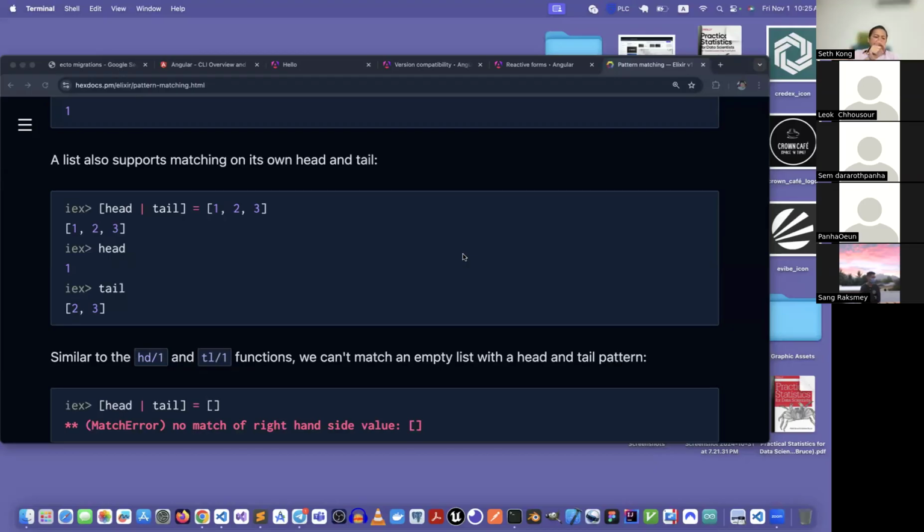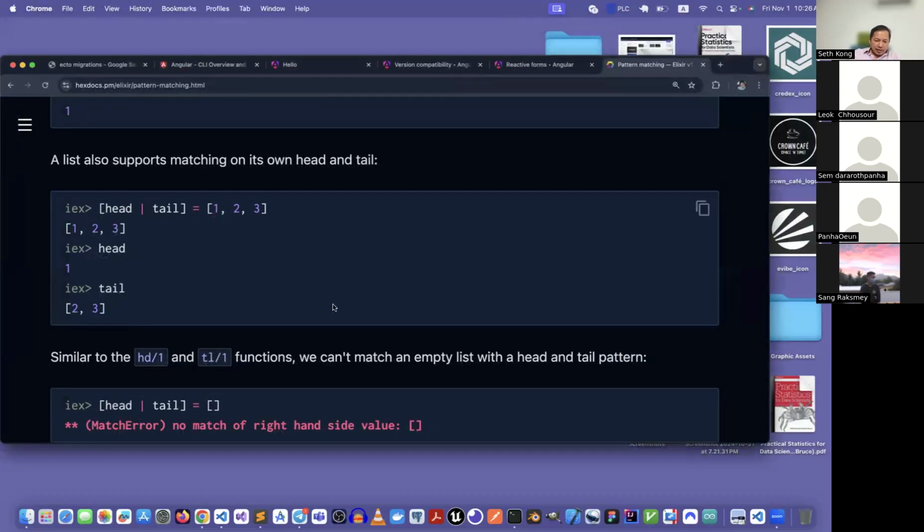And then each time I destructure into a head, I get one customer, I process it. I get the tail, destructure again. I get the head out of the tail. I get one more every time. And then I run out of customers from the list, and then that's it. I process everything. But